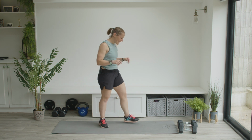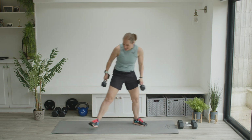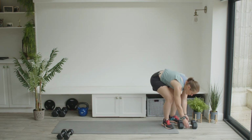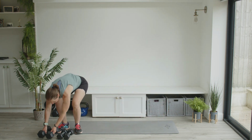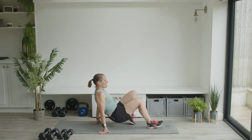Okay, we're gonna have a little lie down. Should we have a little lie down? Let's have a little lie down. I'm gonna take my light weights and my heavy weights over. If you do that, then it means that you can make the choice while you're down there. You don't have to get back up. So I'm gonna get my heavies and my lights, and then I'm gonna lie down, and the first exercise we're